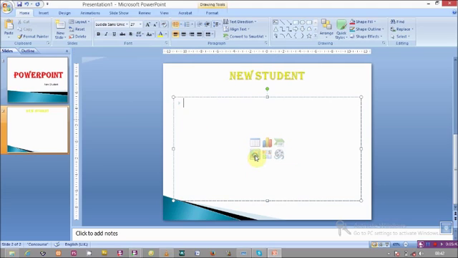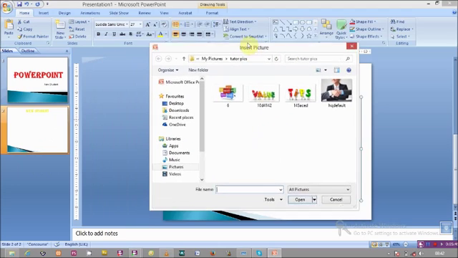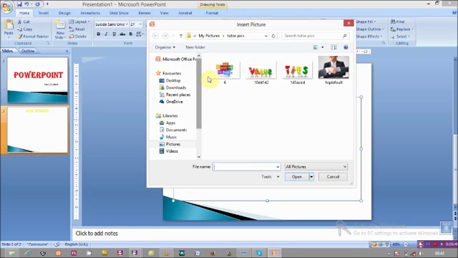Now we'll click the picture icon. It opens a dialog box for us. In this dialog box, you can navigate around by using the menu at the left-hand side, clicking any of these folders, or you can use the arrow here. You click the tiny arrow here,